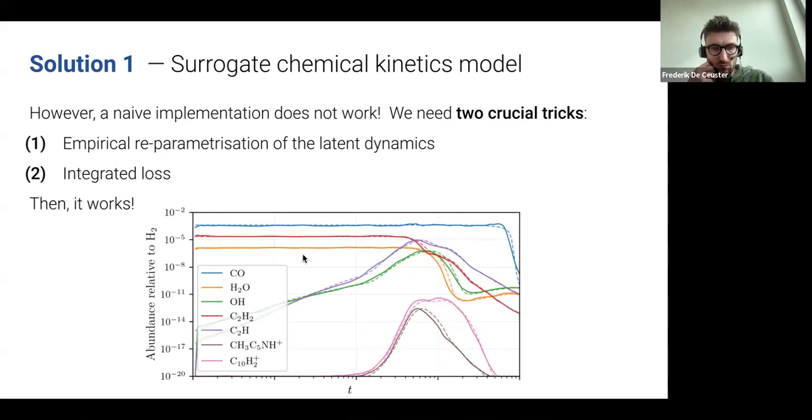So here you can see, for example, I only show a few of the chemical species. These are just a small selection from the 500 species that we actually trained on. So you have CO, H2O, OH. On the horizontal axis, there is time, and on the vertical axis, there is the relative abundance of all these species. As you can see, the full lines are the original model, and the dotted lines are predictions. And you can see they are all fairly consistent with each other. Actually, way more consistent than any of the previous work that we have seen.